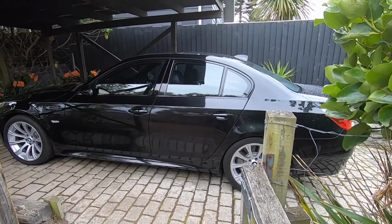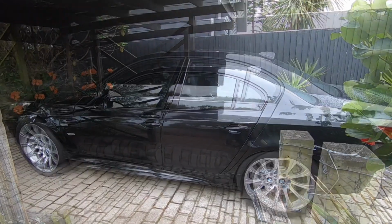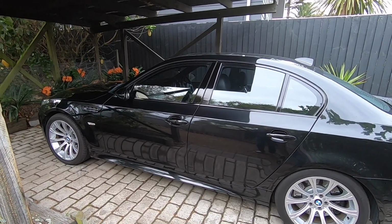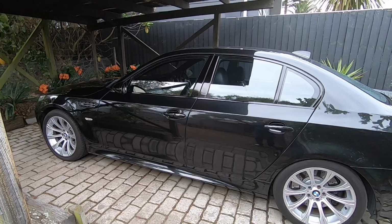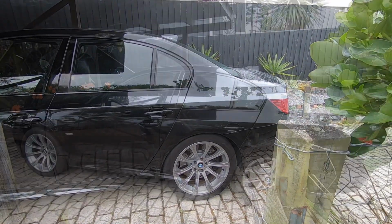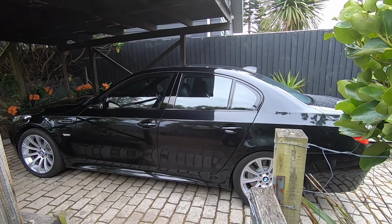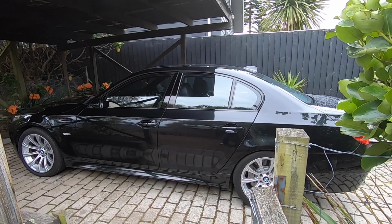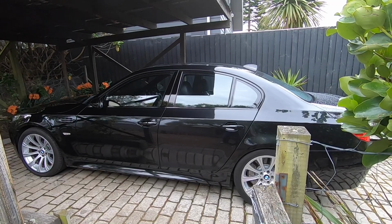You know, with a car like this, you're verging on supercar territory, or super saloon if you like. And what you can't see from the outside is that we've got that glorious 5-litre V10 under the bonnet there. You've got a 7-speed SMG gearbox, and you've got that rear M-diff with limited slip. But from the outside, it's got very subtle styling. It just looks like a regular saloon from a distance. So we'll take a closer look on how this differs from a regular E60 and what makes this car so